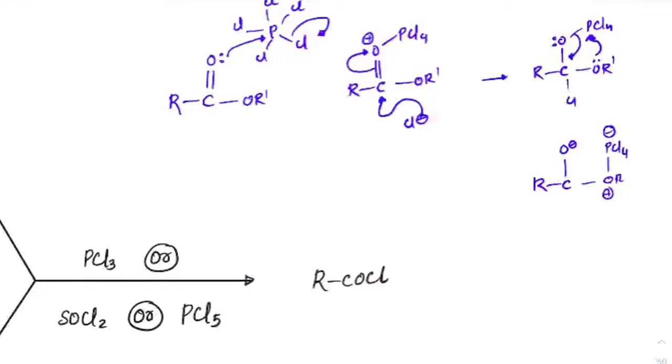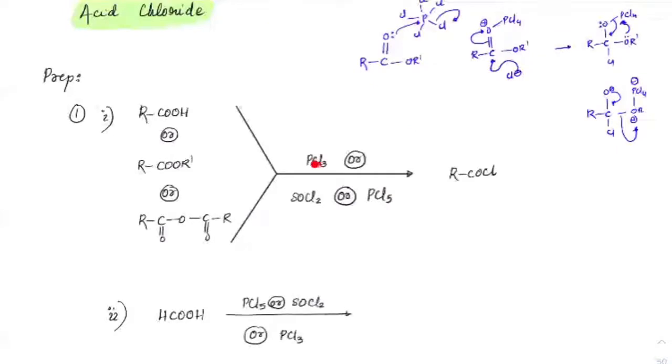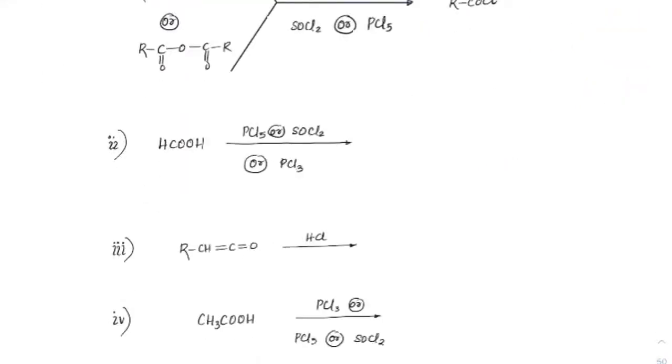We have done a similar type of mechanism for alcohols also. So PCl5, PCl3, SOCl2, all of them will give you acid chlorides. Now, in case of HCOOH, we will see HC double bond O Cl formation first, but this is an unstable form. It will go for an alpha elimination, which means this Cl will take away this H plus and it will become HCl and CO. So although the reaction might take place, it is an unstable form.